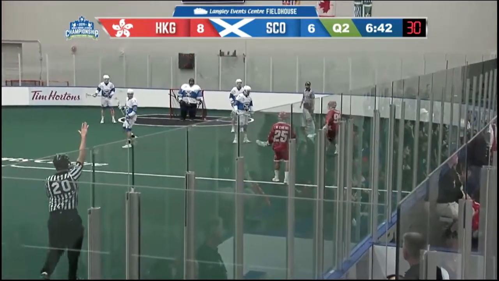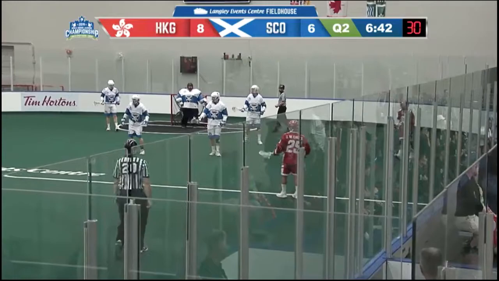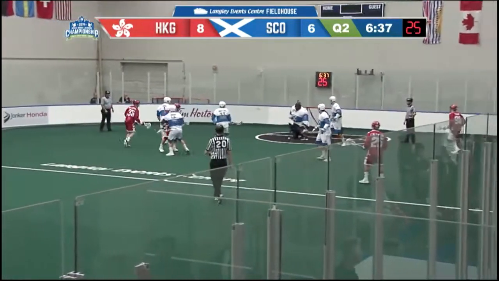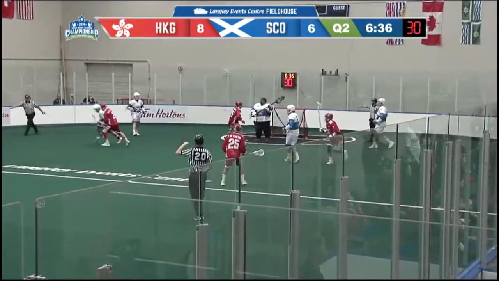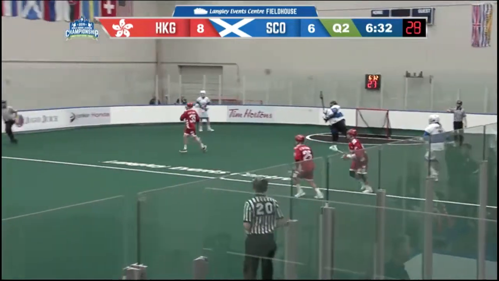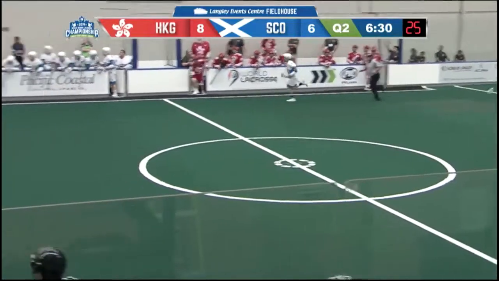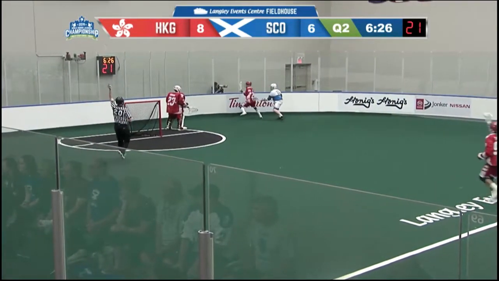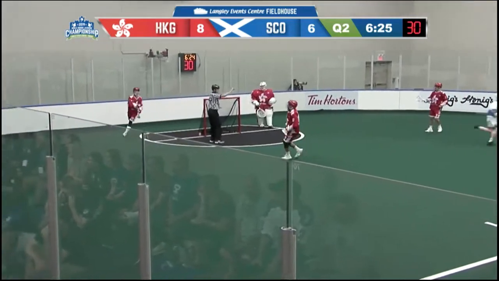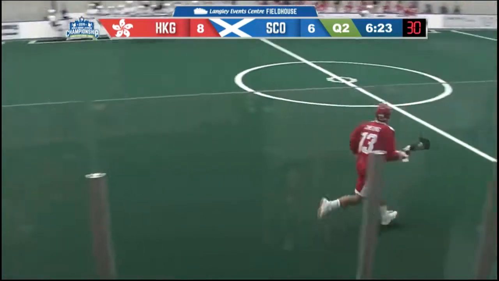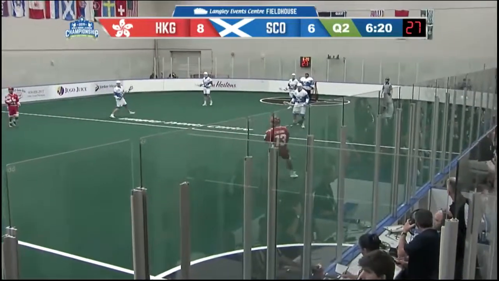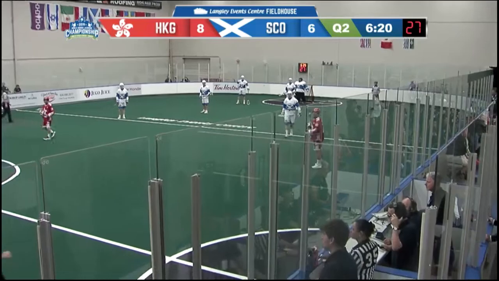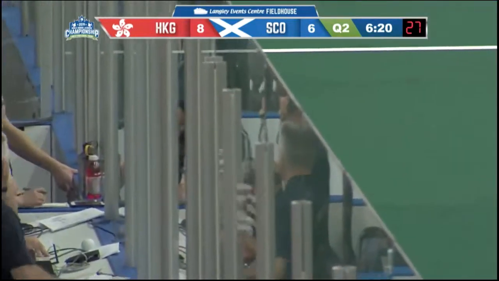Scotland turning the ball over deep as Hong Kong gets set up. 5-on-5, a pass across the floor and letting it go from the left side over there. Marc Lamy kept out by McFeeters. Again, he came into this game in this second quarter. Cowman lasted the first 98 seconds, just after Hong Kong took a 6-5 lead.